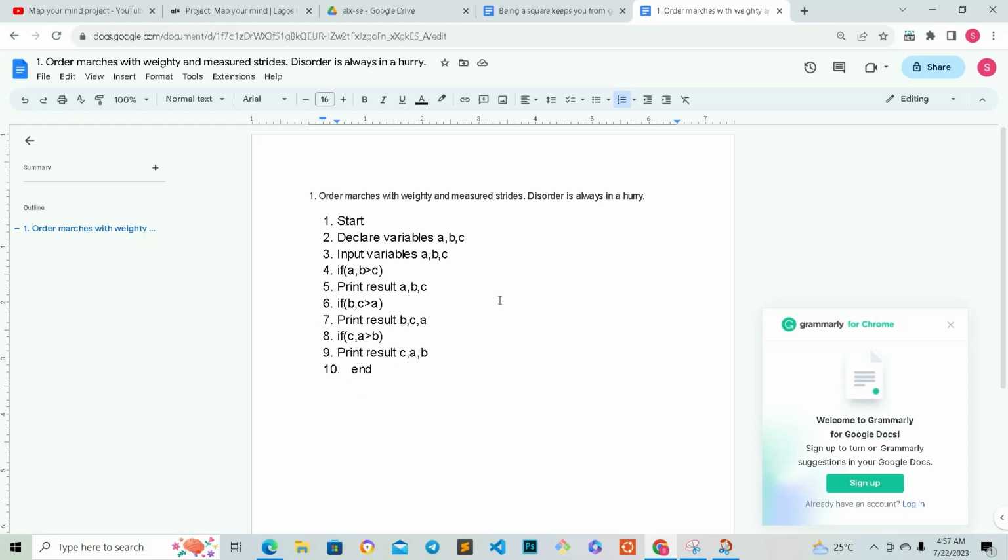So by the time it meets any of these conditions, what will it do? Print the result in that order. So that's how we're going to write a flow chart. So it's printing the result in the order of which the variables were sorted. Okay. If that makes sense, let's go ahead and